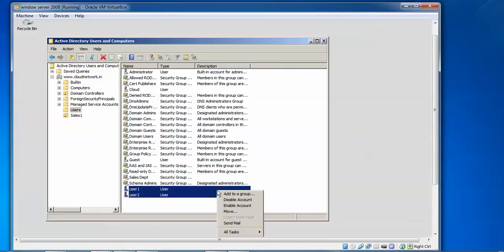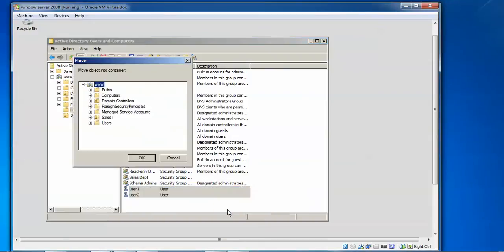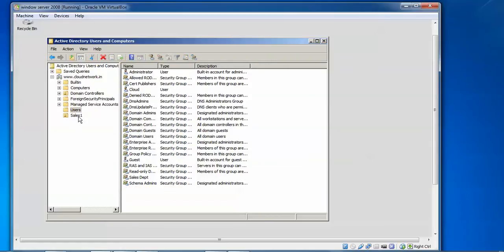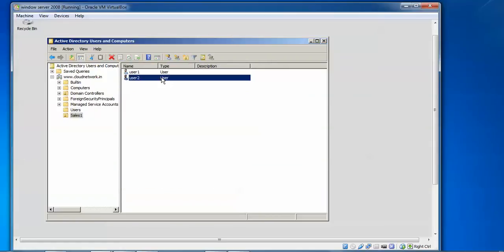I'm going to move this user: right click and move to sales department. Press OK. Double click, and here you can find my two user accounts that I have created. You can also click on the Sales folder and create a user here. So this is how an organization unit can be created.